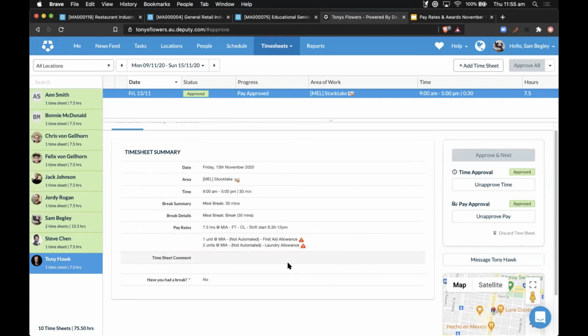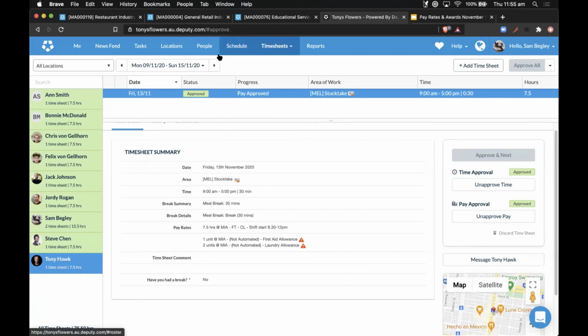Surprisingly, I think there are quite a few questions regarding public holidays. So maybe if we could quickly jump into the schedule. First, show them how to put a public holiday in, and then there are a few questions regarding full-time staff members if they don't work on a public holiday, but they get paid their normal rate.